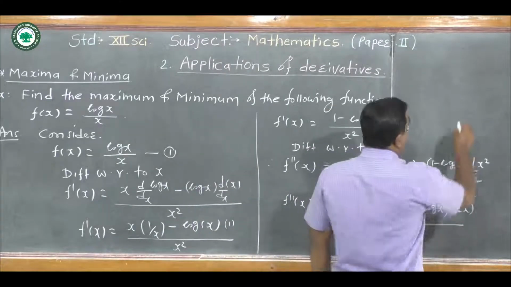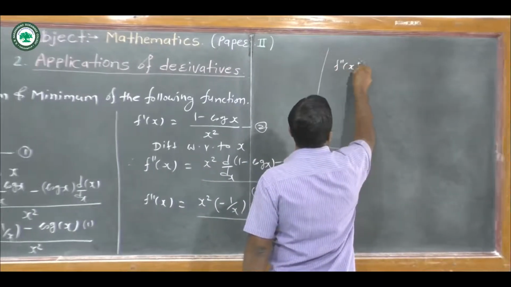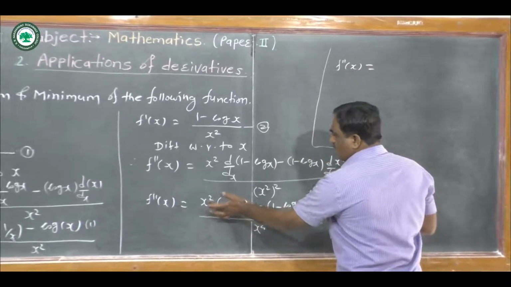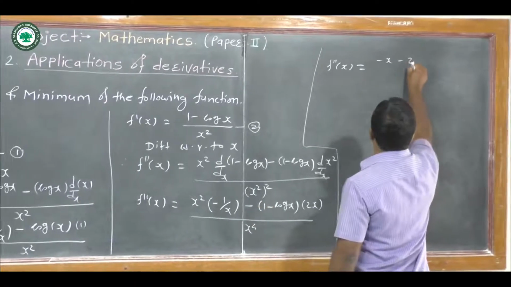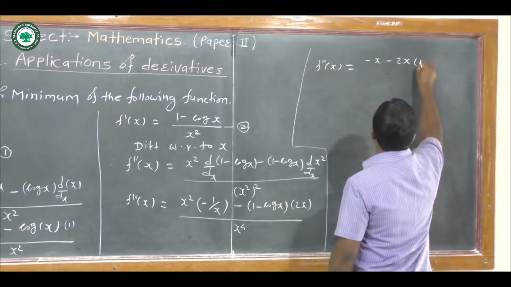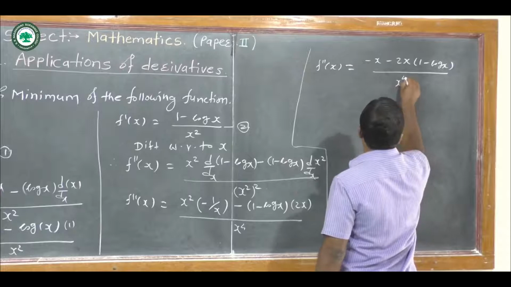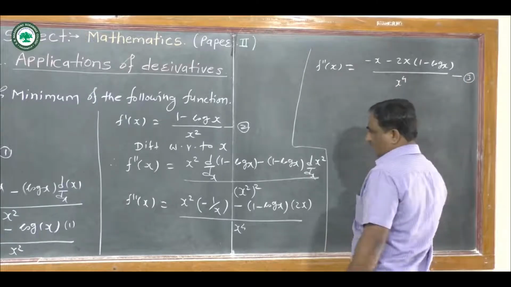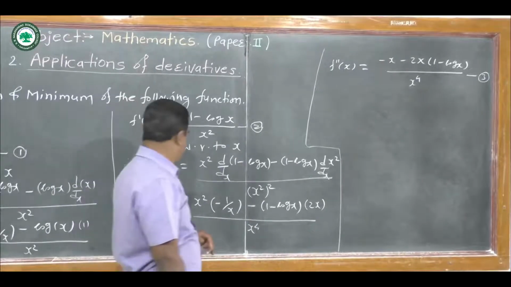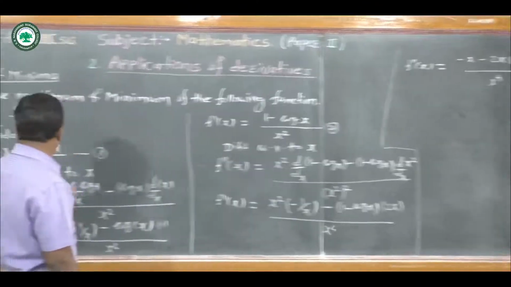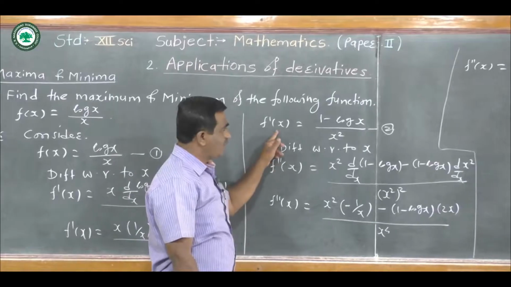Now further we can write here f double dash of x is equal to, simplify this, x square upon x means x, minus 2x into in bracket 1 minus log x, upon x raised to 4. Say this as equation number third. Now we have to find the maximum and minimum value here. For the extreme values of x, we can take first derivative, f dash of x is equal to 0.